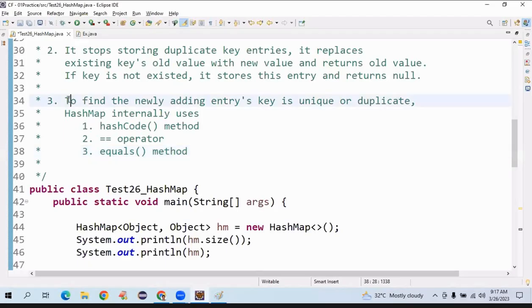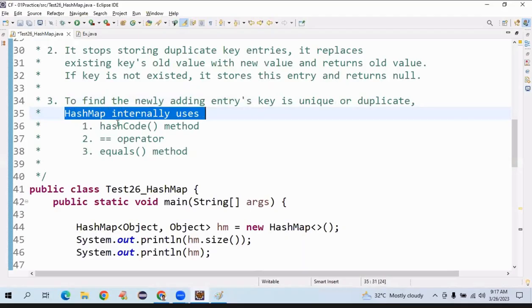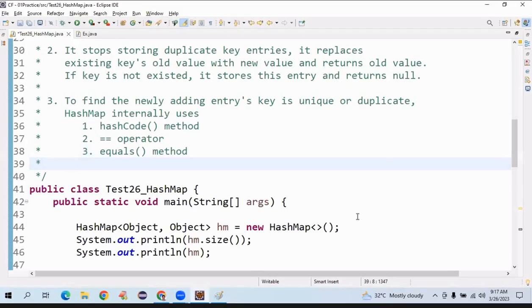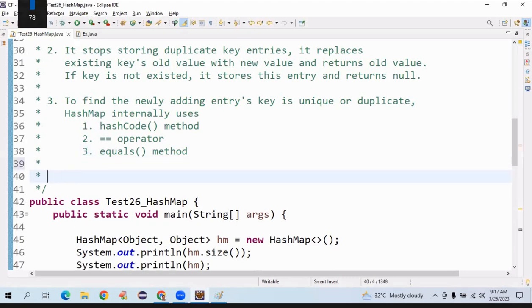So to find the newly added entries, whether the key is unique or duplicate, HashMap internally uses hashCode, the double equal to operator, and the equals method. So tell me, when we already have the double equal to operator and the equals method, why do we need the hashCode method? Hash code is used for grouping,